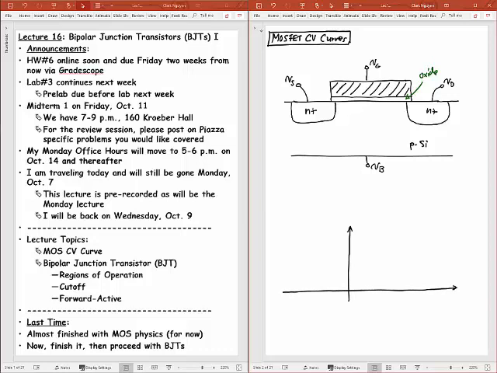So I can do this. And so for this, let me go ahead and apply some biasing to this. So let's ground out both the VD and the VS, or the VD could be a very small voltage. Keep it in a linear region for now. And then for VG, what I'm going to do is just apply a voltage to that VG and measure the capacitance that I get as I change that VG.